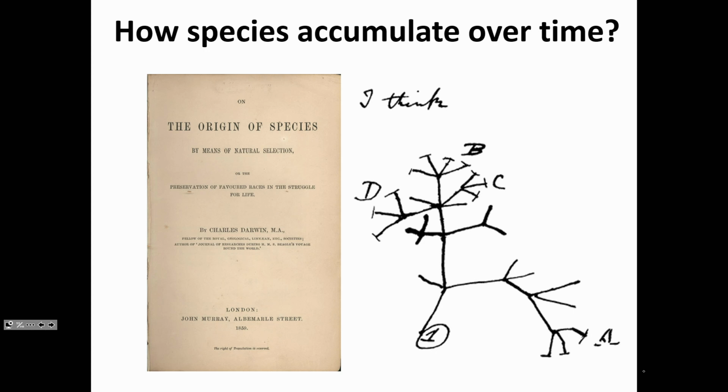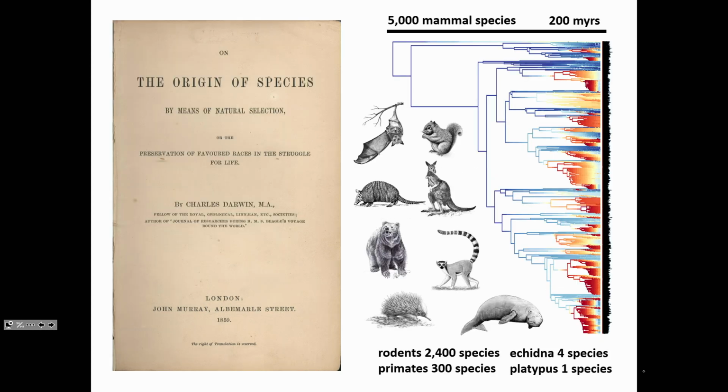And we saw that this accumulation of species over time can be captured by studying the phylogenies. This is the very first phylogeny that was drawn, but of course now, decades later, we have very detailed phylogenies, such as this one for mammals, which contain 5,000 species, which evolved over 200 million years. So these are the phylogenies that we now can use as a resource to answer the question, how do species accumulate